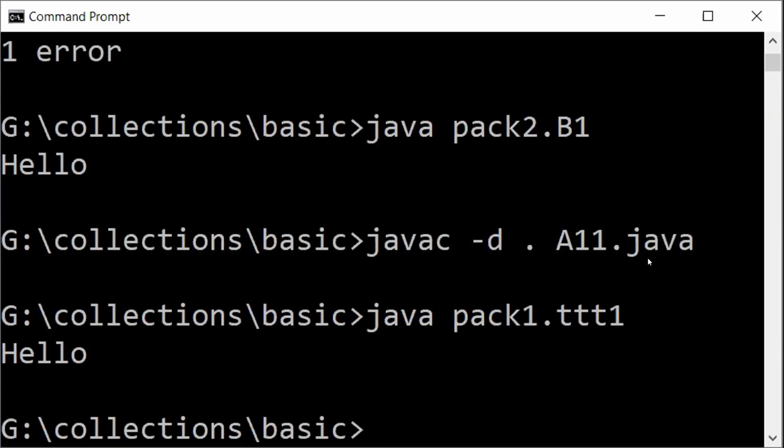But whenever I am going to execute, you have to execute the class which has the main method. If you try to execute a class which does not have the main method, you're going to get an error. So in this example, A11 is the class, and I could have also saved my Java program as ttt1.java.